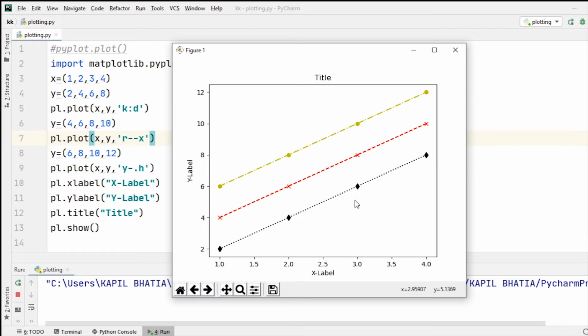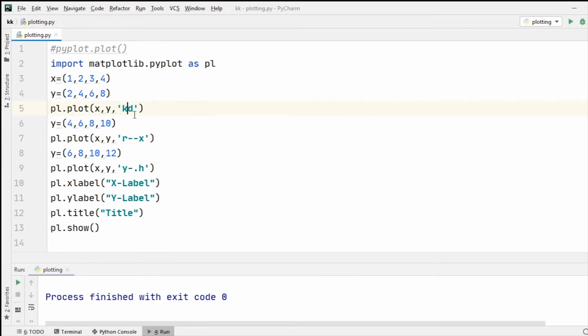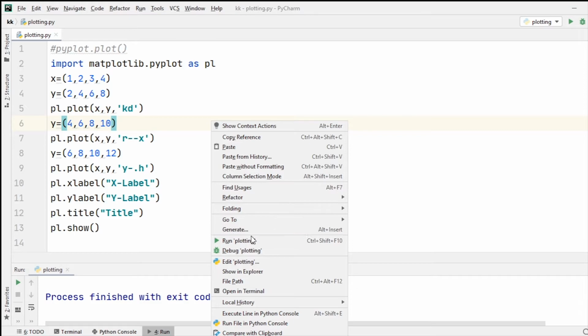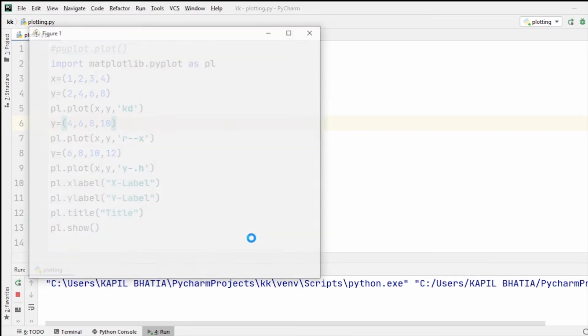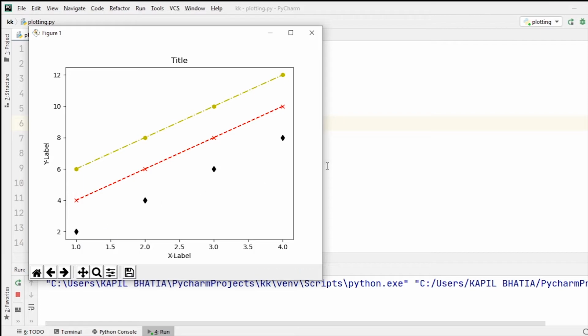Okay, here x label, y label and title are not compulsory, but I have used them. Remember one thing, the point style specifier without a line style specifier will simply show the points and not the line. To show the points on the line, we have to give the point style specifier along with the line style specifier as I used here. Suppose I only mention the marker style without line style, so when I run this code, as I told you, without line style specifier it will simply show the points, as you can see here. Okay, so I hope you understand all about line charts.